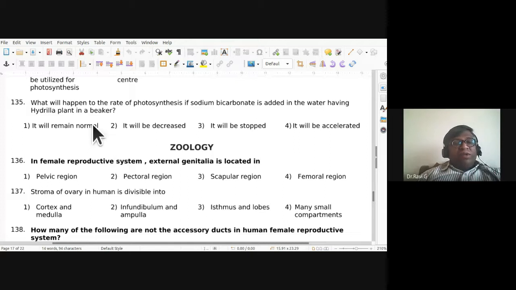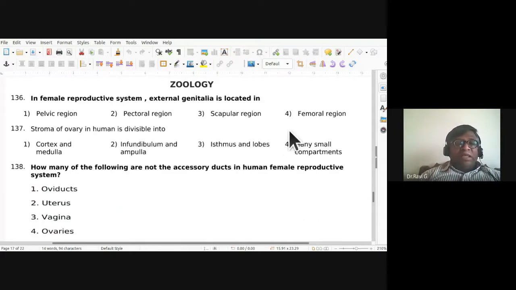Okay, so now we'll proceed to the zoology part of it. I'll be discussing the doubts that you have in the botany part. Here the major topic that was chosen was photosynthesis. We were discussing setting a paper on your weaker topics, isn't it? At present, we are discussing photosynthesis. The zoology part will proceed with the female reproductive system.